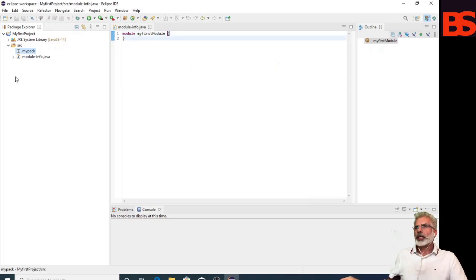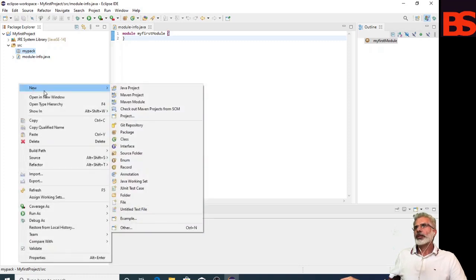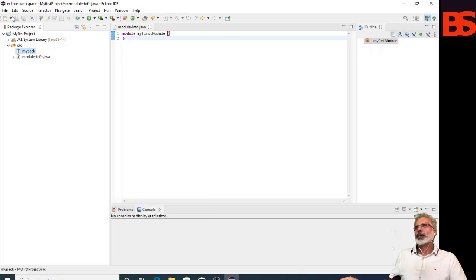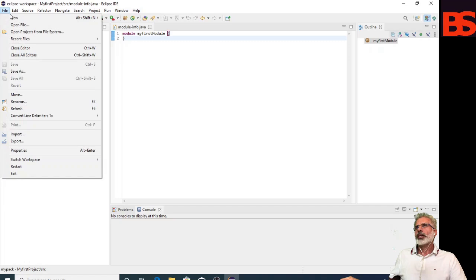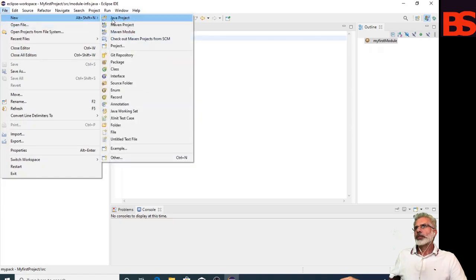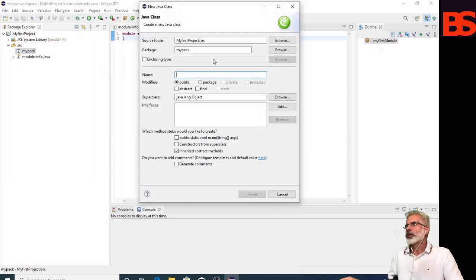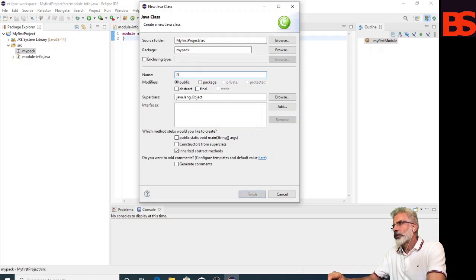Now we will create a class file. Again, you can right click anywhere in package explorer, New and Class, or otherwise you can go to File, then New, and create a class. In the new Java class wizard, the source folder is my first project source and the package is my pack, and give the name to the class, like my first class.